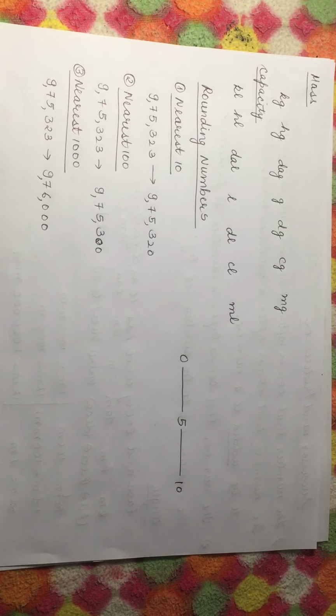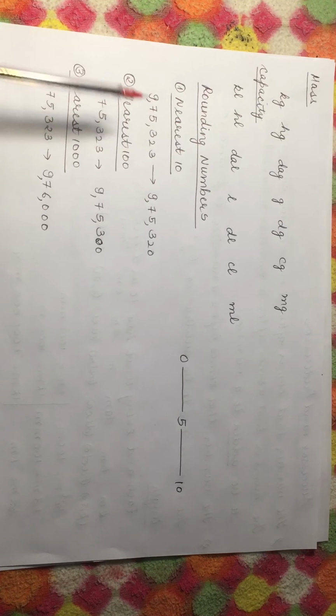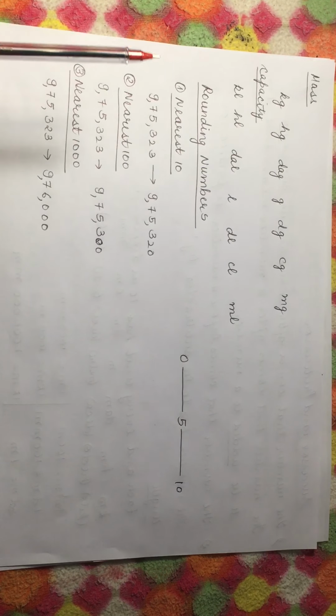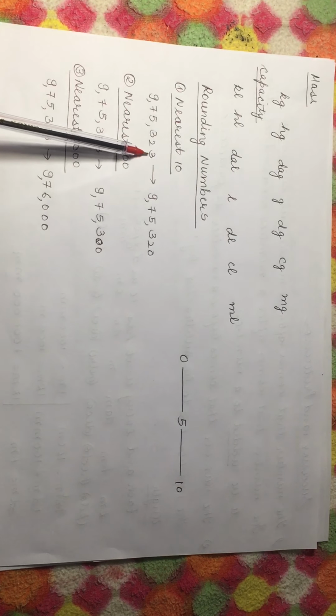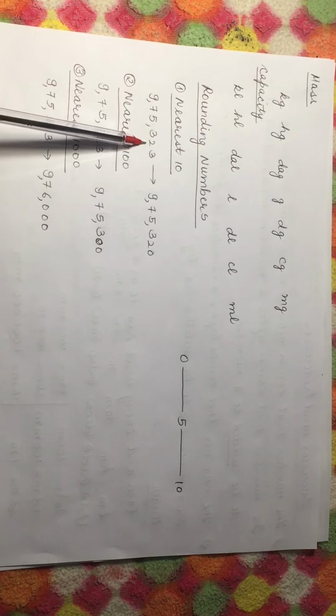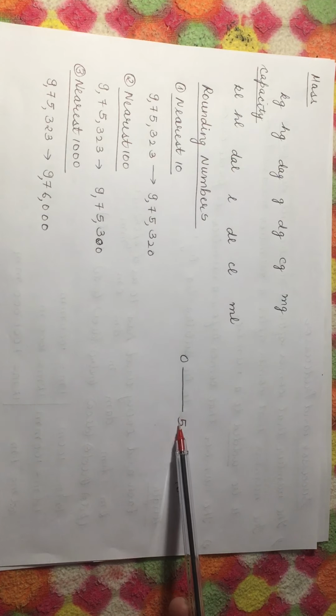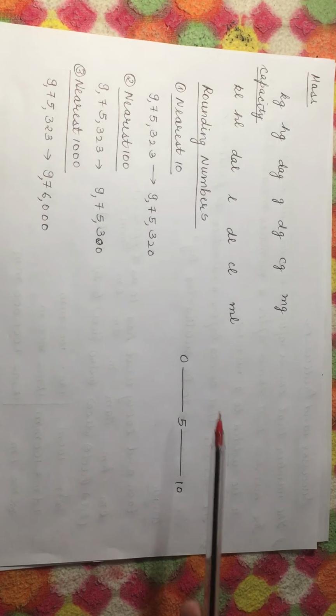Students, now see, if you have to convert this number to the nearest tens, only this digit has to be changed, or this can also be changed due to this digit. If you have to convert to the nearest tens, this digit has to be made 0 compulsorily. But what will happen to this digit? For example, you are taking 975323. In between, 3 is coming over here. If it is coming before 5, it will be converted to 0, and if it is coming after 5, it will be converted into 10. So it is coming before 5, so it will be converted to 0 with no change.